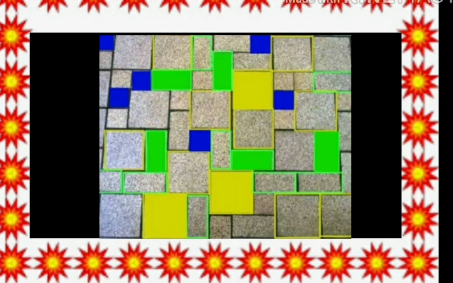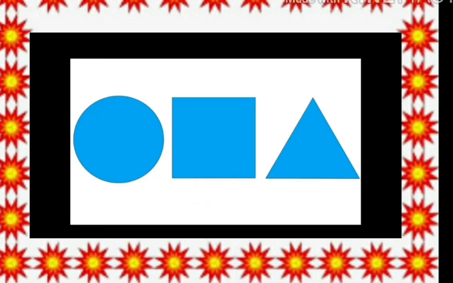The same grid can be used for other activities also, like you can give the instruction: when you are standing in a box where there is a circle, you have to jump 2 times. When you are in a box where there is a triangle, you have to clap 2 times. When you are in a box where there is a rectangle, you have to do the twist. Or when you are in a box where there is a square, you can sing a song or a rhyme. Depending upon the interest of the child, you can make necessary changes.